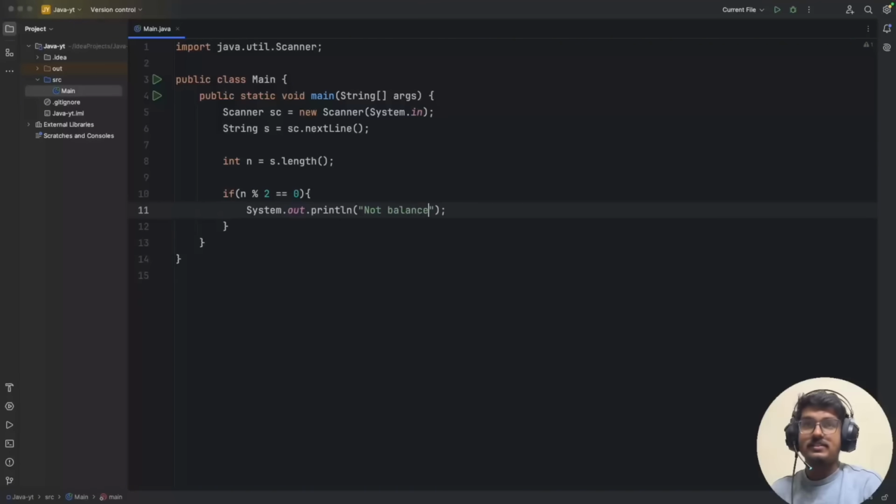Not balanced. Okay, and we will return from here also. Return 0. Sorry, this is not C++. We will just write return and leave it over here. Now